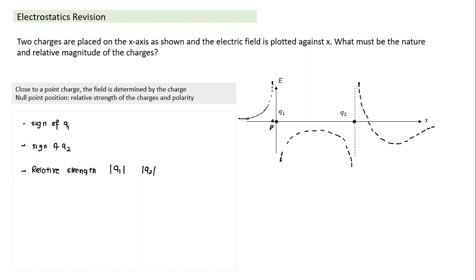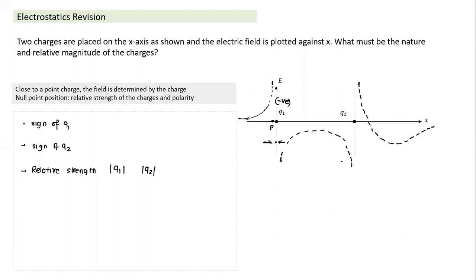So at point P, what is the direction of field as per the graph? As this figure tells you, just left of Q1, the field is positive. And just right of Q1, what is the direction of field? The field is negative. So this is how the field is near Q1: the field is directed towards Q1. So what is the sign of charge Q1? The sign of charge Q1 is negative, because the field is directed towards charge Q1. So I understood charge Q1 is negative. How did I find out? Based on the field near to the charge.